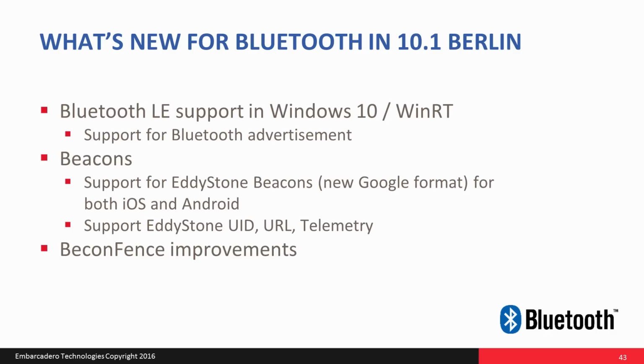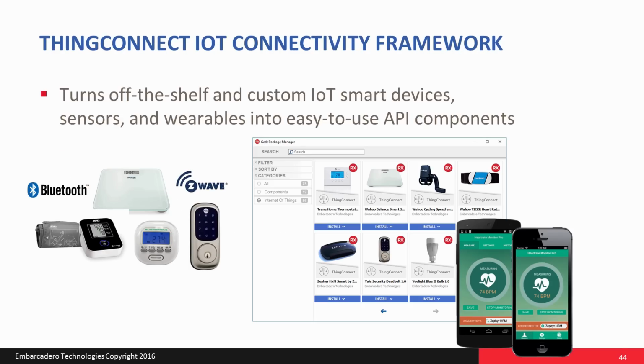Now, we've added new features to Beacon Fence in RAD Studio Berlin. Those include the ability to detect zones, beacon support for Windows, also support for Eddystone beacons, and improved calculation performance. Now, our ThingConnect IoT connectivity framework turns off-the-shelf and custom IoT smart devices, sensors, and wearables into easy-to-use API